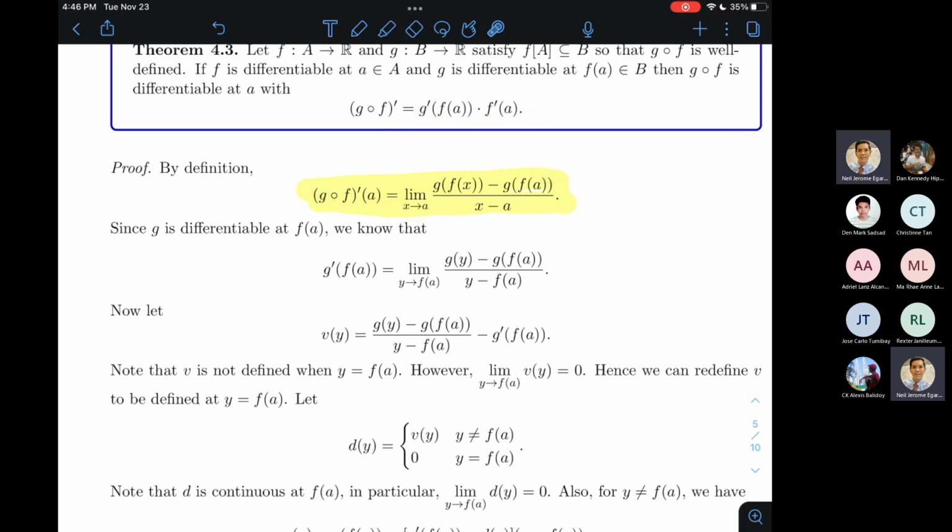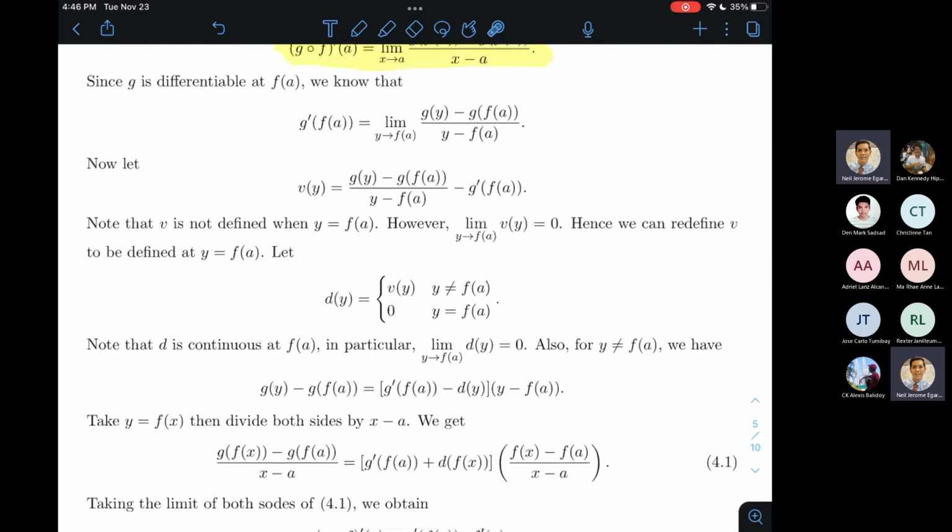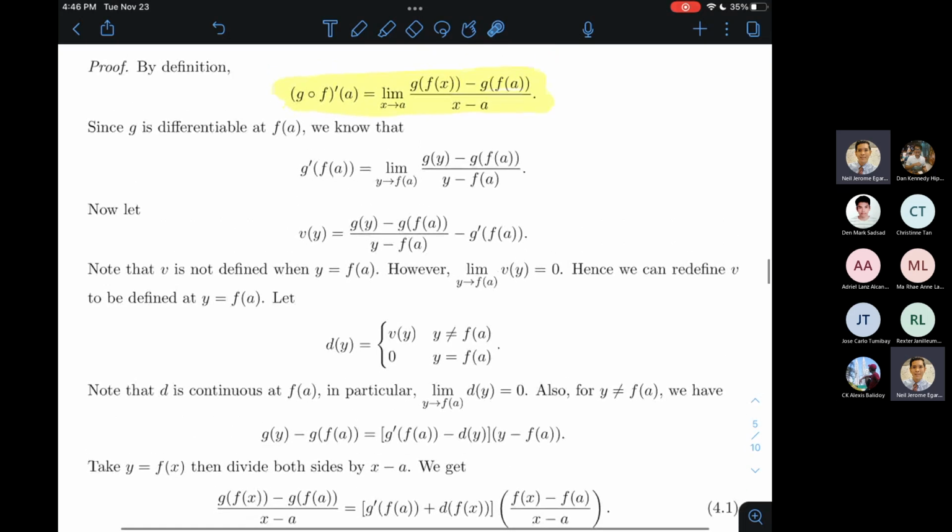All right? So here are some intermediate steps. Medyo meron uling medyo cunning na trick na gagamitin, pero bago tayo makarating doon, we need to iron out some of the details. Okay? So the assumption is that g is differentiable at f of a. So kung si g ay differentiable sa f of a, si f of a, remember, is just a constant. So ibig sabihin, this limit exists. Right?